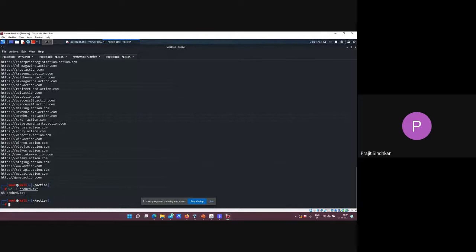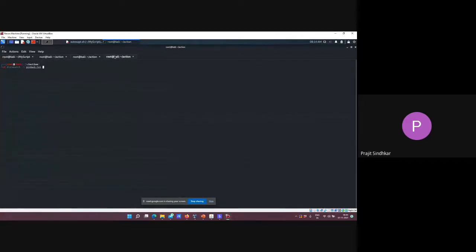68, only 68 are active, all others are inactive. So that reduced or filtered our targets a bit. Then -e is used for extensions, what extensions we are going to use: php, sql, etc. Then -i means what we have to include, so I can use 200 and 403. 200 means okay and 403 means forbidden.